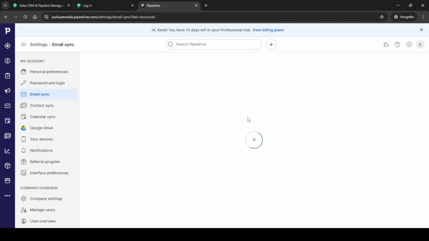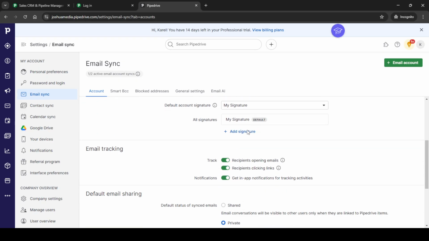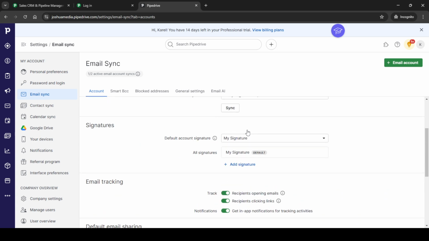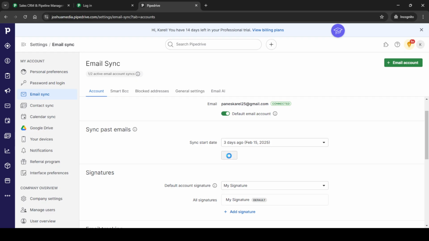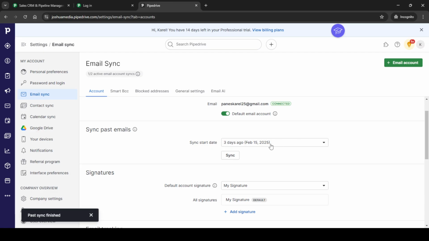This action will authorize Pipedrive's access to your Gmail account, allowing for smooth synchronization of emails and use of necessary features. Finally, after everything is set, click on the Sync button to complete the integration process. This final step will ensure that your emails are now connected and your communication within Pipedrive will be synced efficiently. And there you have it, you've successfully synced your Gmail or Outlook with Pipedrive. This setup should greatly enhance